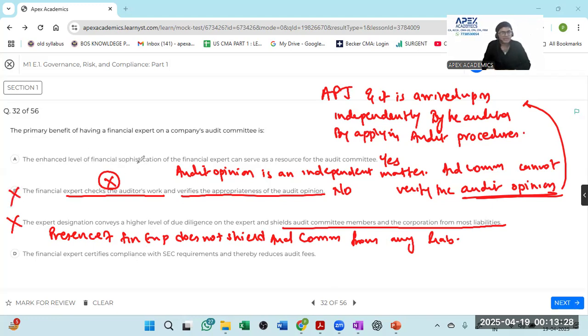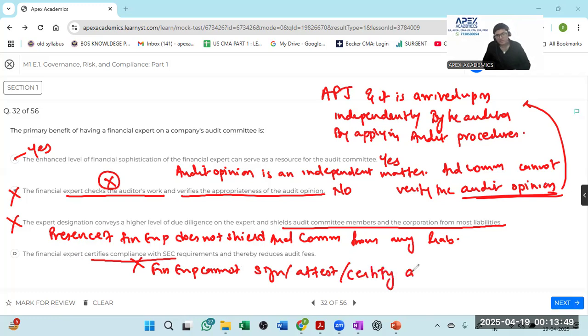Sir, there is an enhanced level of financial sophistication that the financial expert can serve. Sir, yes, that is true. The financial expert certifies compliance. Sir, no. The financial expert cannot sign, cannot assess, attest, and cannot certify any compliance of SEC or any